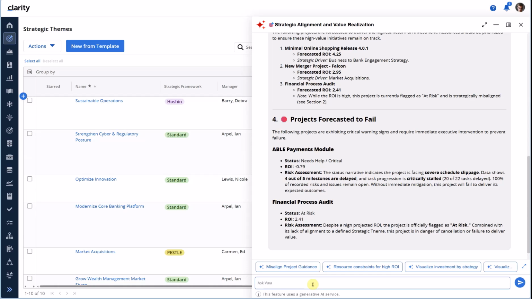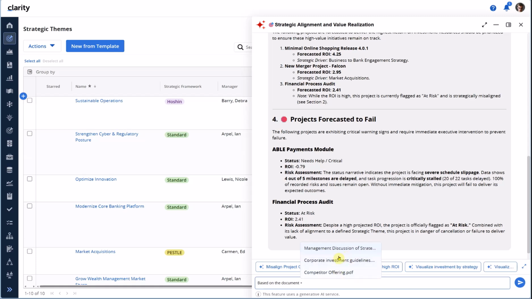Maybe I want to compare the investments I have made, how do they stack up compared to what my competition is doing? And maybe my competition information is something I manage in a document, and that document I might have included in my agent. So I can ask the question based on the document, and at this point I want to reference that document that is included in the agent. So when I type the plus sign,